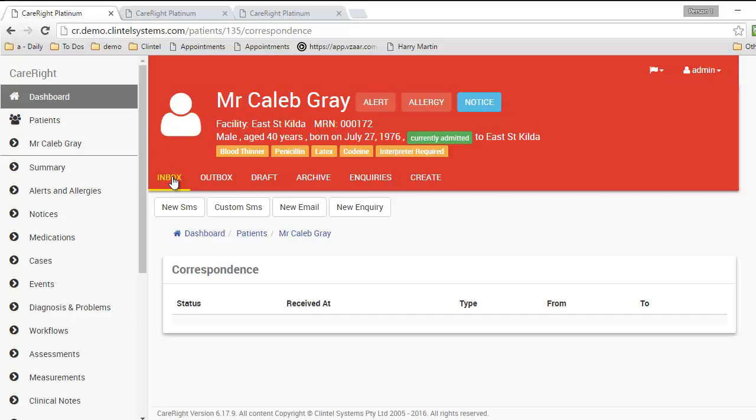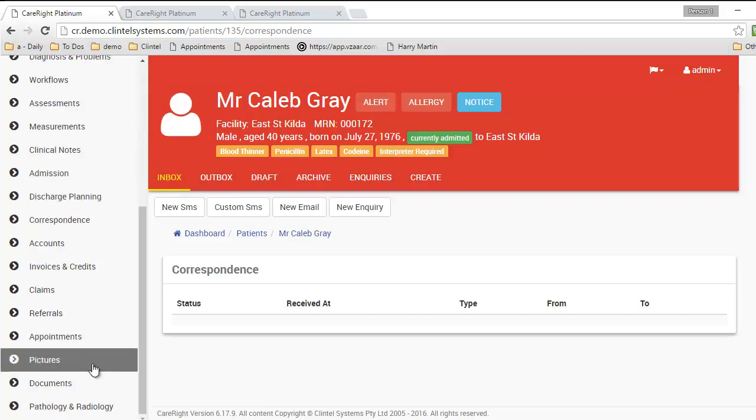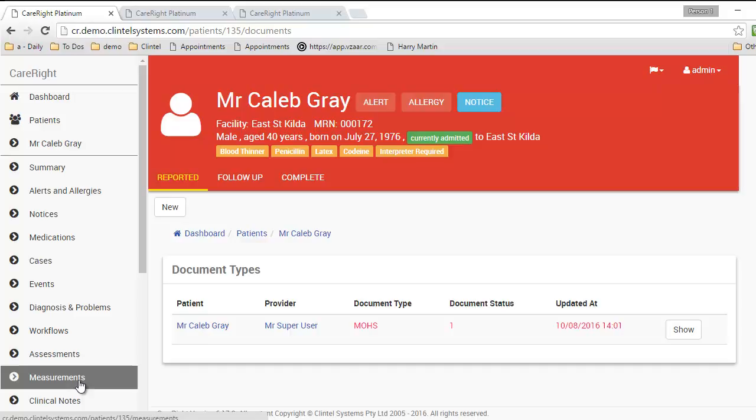So next we'll look at how you store documents against a patient. When you set up CareRight, we'll also install a program that sits on the server, and this program will allow you to upload scanned documents into a folder. The program will poll that folder, so it will check that folder at regular intervals, and it will download any documents into the system automatically. These documents can then be matched up to a patient record. In this case, this document has been matched up to a patient record, Mr. Caleb Gray. And if we click show,